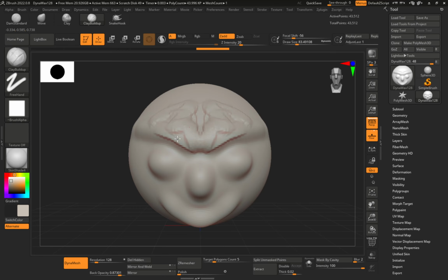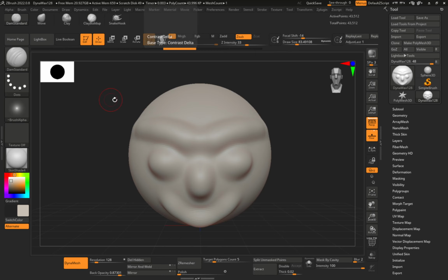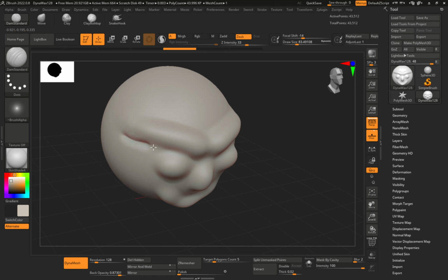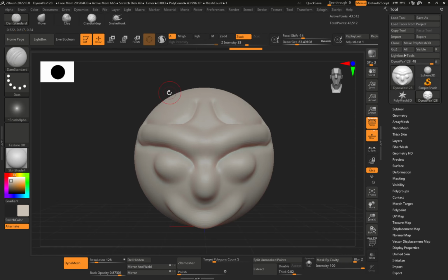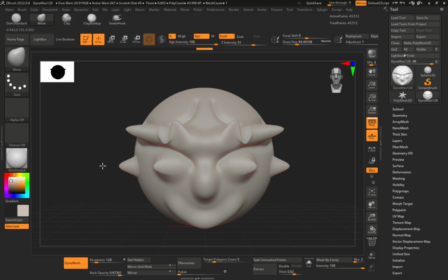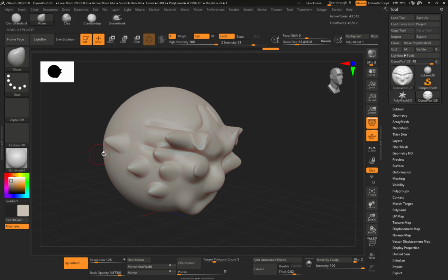Okay. There you go. And then next up is the dam standard brush, and the hotkey for that is BDS. You can see for clay buildup, it kind of carves into your object like that. And then I also have the move brush, which is BMV, and the move brush works as you maybe expect. You grab a chunk of the clay, you can move it in the direction of the brush,